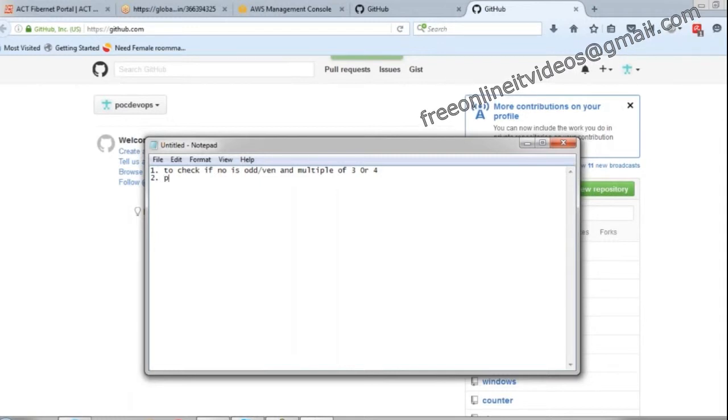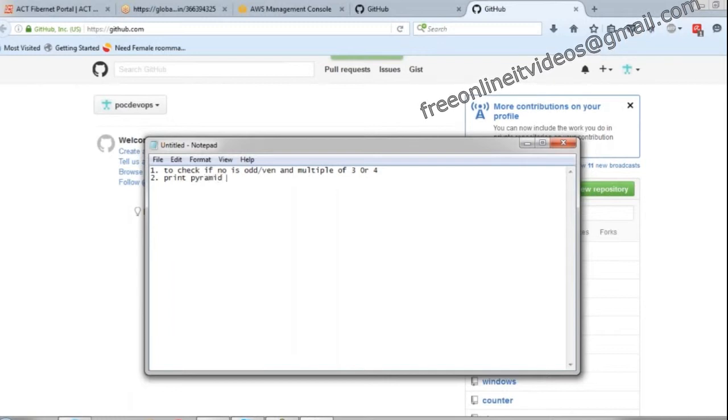Second one, print pyramid. So it should be something like this. From the center, one should be printed once.